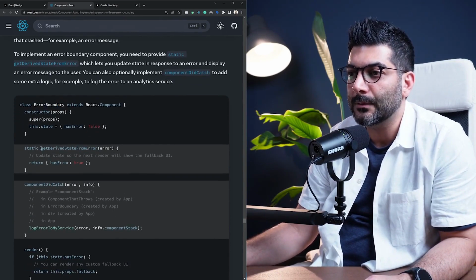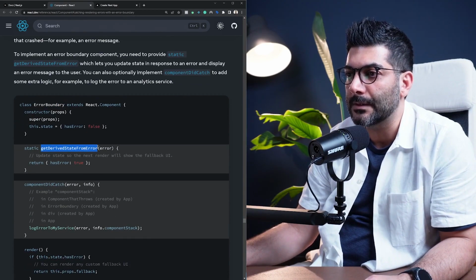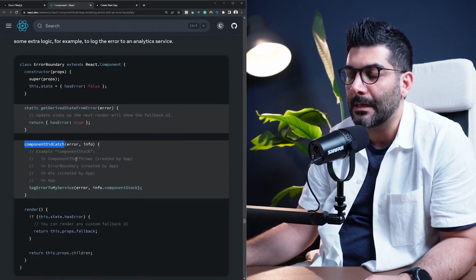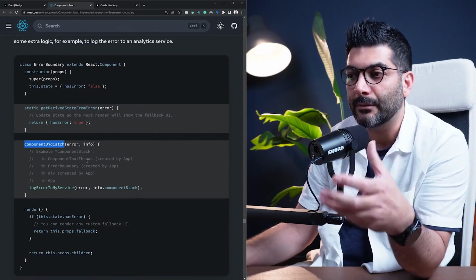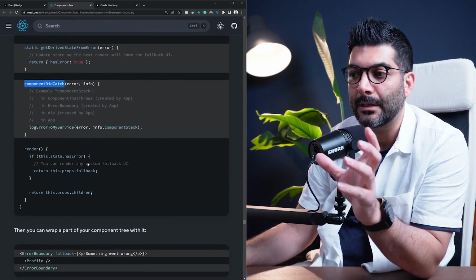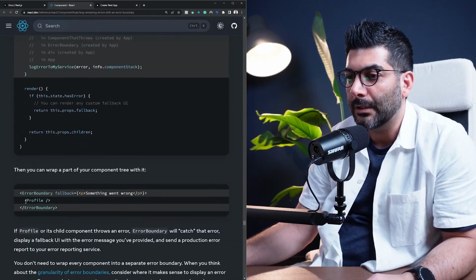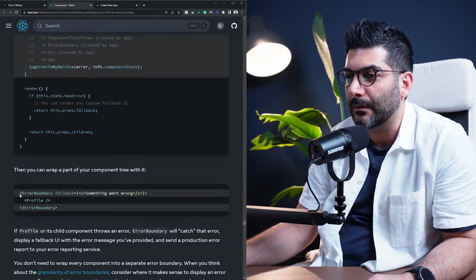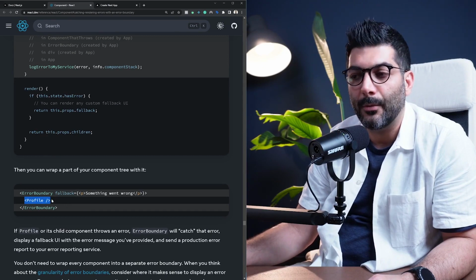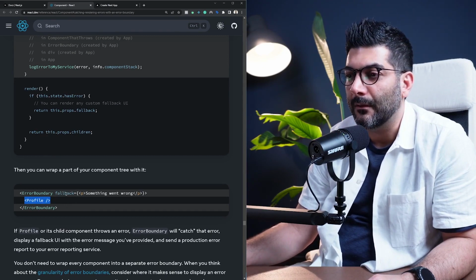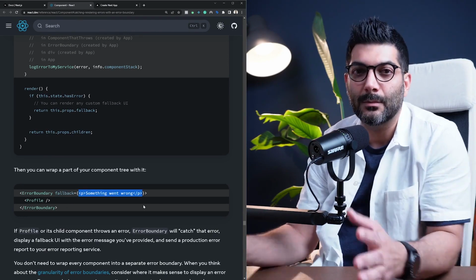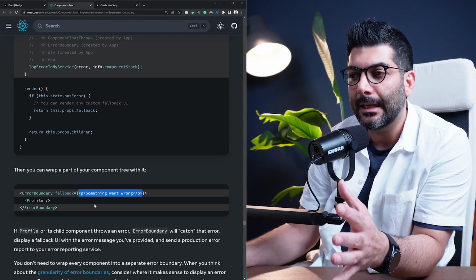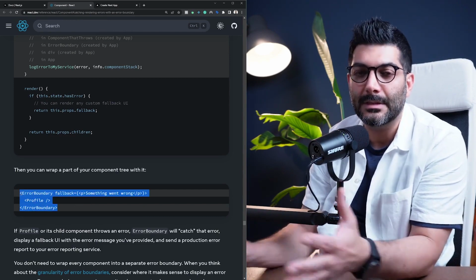It should still be a class component for the error boundary to work. And it should expose these functions like getDerivedStateFromError and componentDidCatch to be able to catch the error that was thrown further down in the tree from any of its children. So therefore, you can wrap a component like this with this error boundary component, which provides a fallback UI. So in case this component down here throws an error, the fallback UI from this error boundary is going to be shown, and the error is going to be maintained or contained inside of this boundary, preventing your whole application